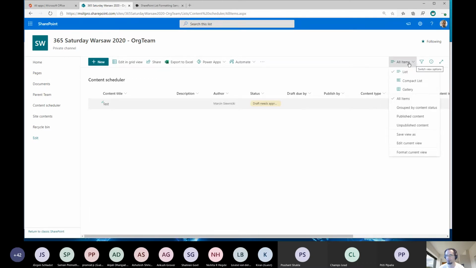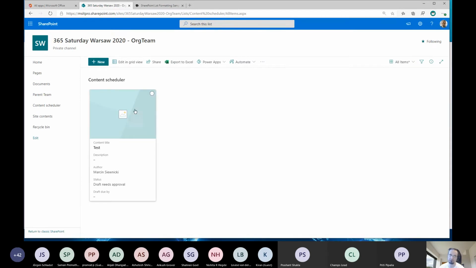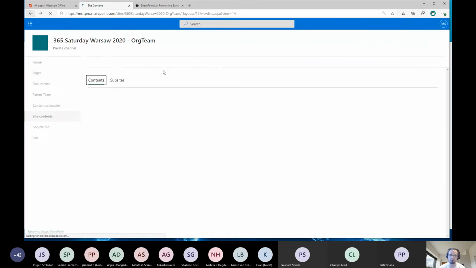And if I go to my views, there's also a gallery view by default, so I can switch to gallery. I can add a picture. Okay, so pretty cool. So the SharePoint shares the same look and feel as Microsoft List, but because it's SharePoint, we have left-hand navigation, so we can make it more easy to navigate on our site. But so we can use the SharePoint Microsoft List formatting options in SharePoint Online.